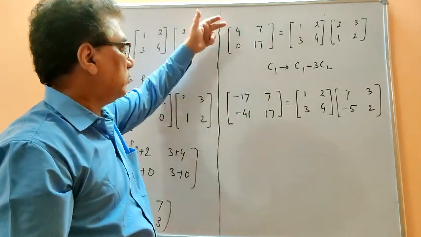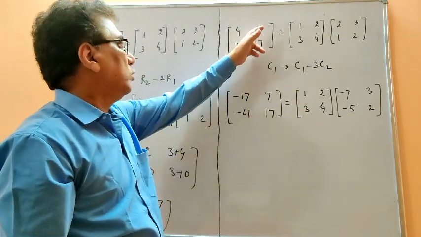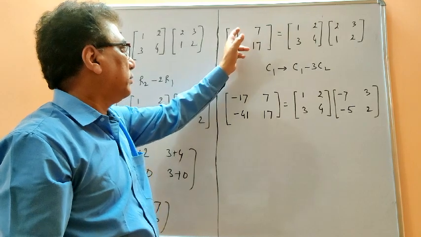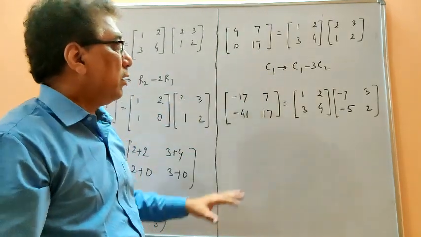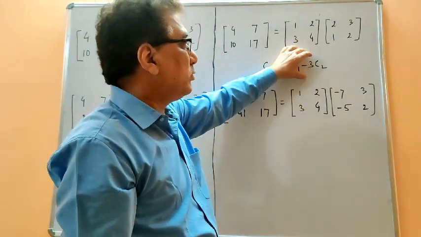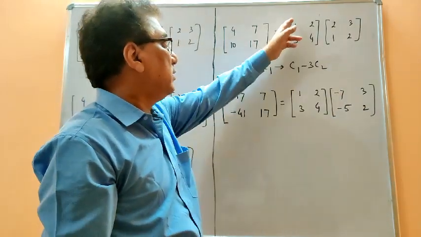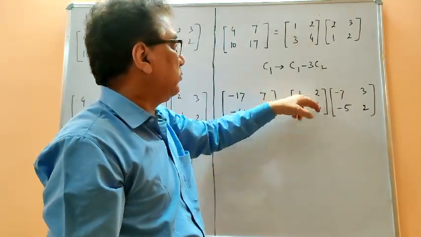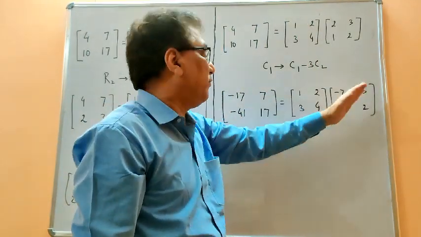So what you find is that while doing this one, the left hand side matrix we have got as usual. So from C1 we are subtracting 3 times C2, so 21, 4 subtracted from 4 has given you minus 17. Similarly other elements. Now for the right hand side, these operations should be performed in the second matrix, just opposite of this one. The first should not be disturbed, 1, 3, 2, 4. And this operation I have done in this matrix, so we will find here.